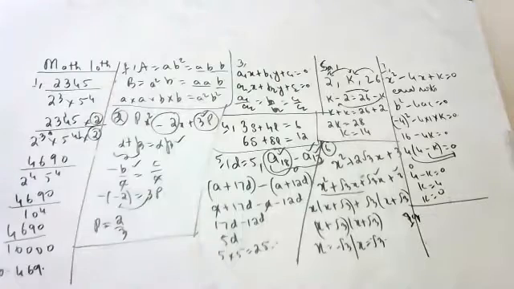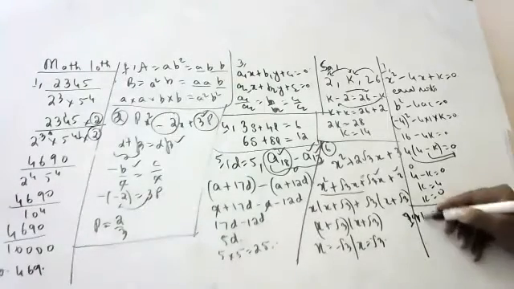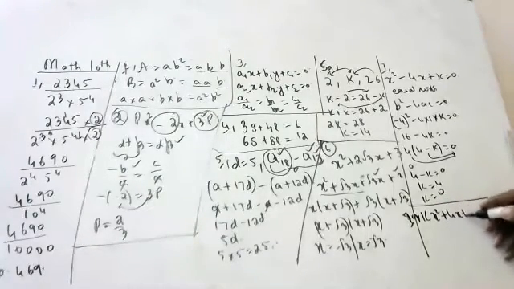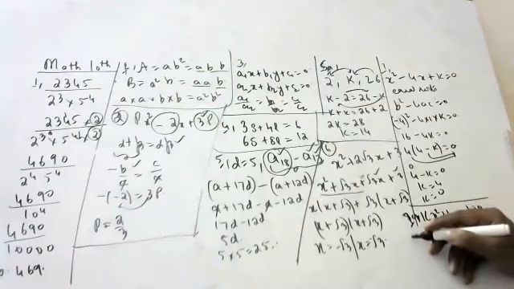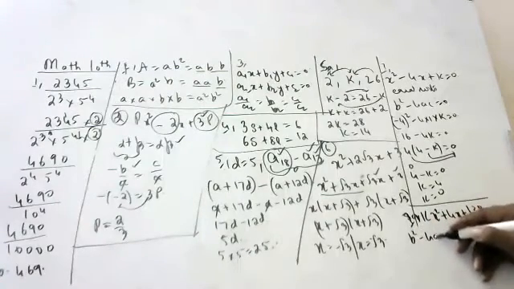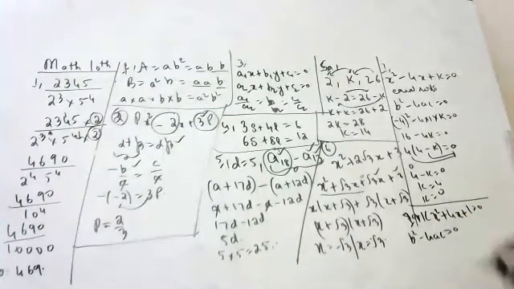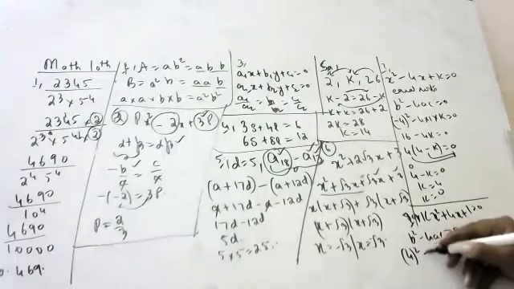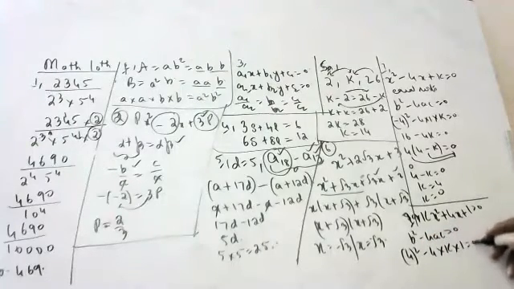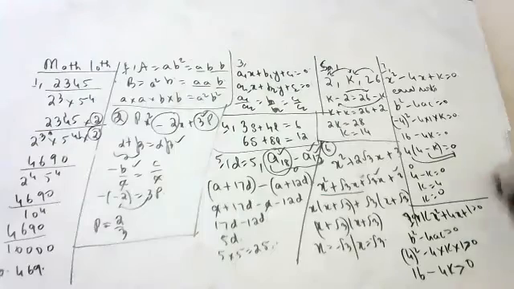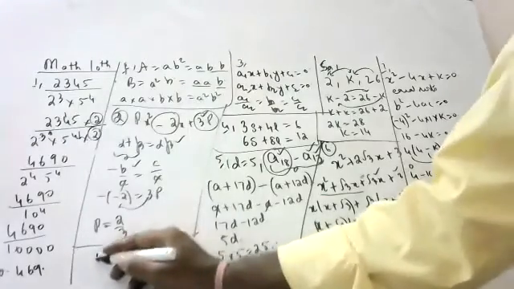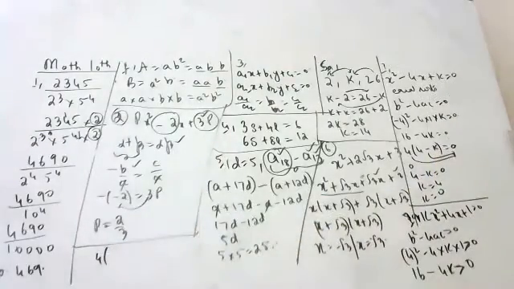Samita, tell me one more question. k x square plus 4x plus 1 is equal to 0 has real and distinct roots. What is the value of k? Real and distinct roots. Sir, b square minus 4ac is greater than 0. So 4 square minus 4 into k into 1 is greater than 0. 16 minus 4k is greater than 0. Sir, or else we can transpose 4k to the right hand side.